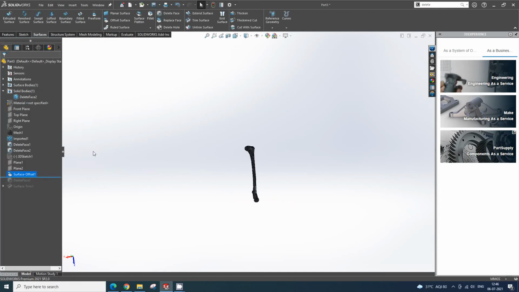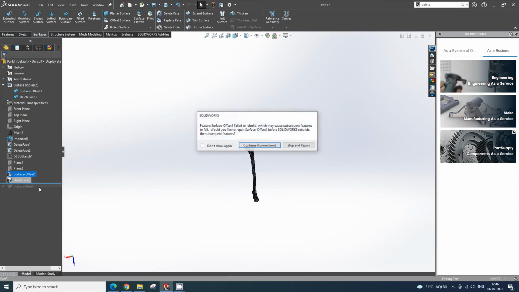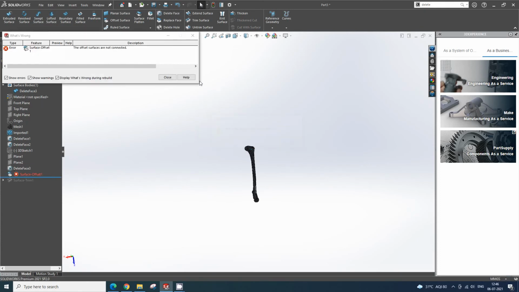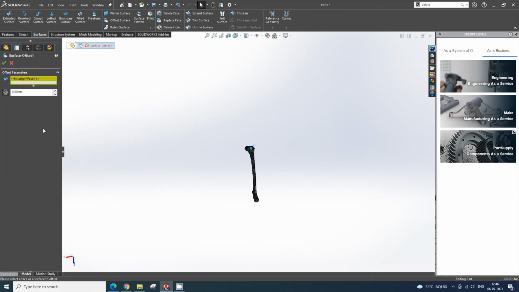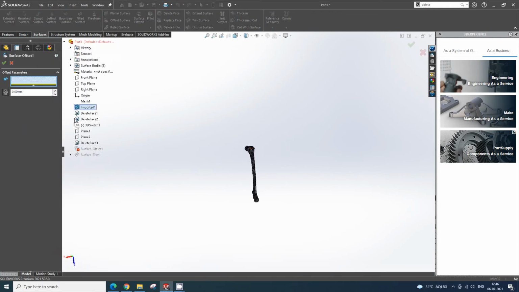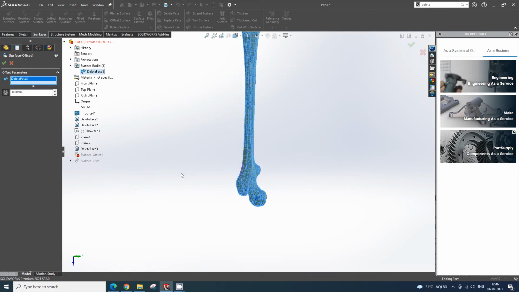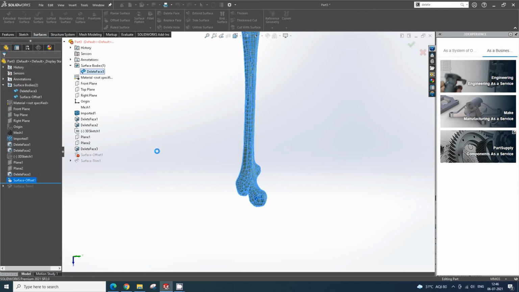So instead of using this, I will use a bodies folder, like the Surface Bodies folder, which is in the feature tree, and offset it. You can see now it is completely selected as one surface, and I'll give a 0 mm offset.